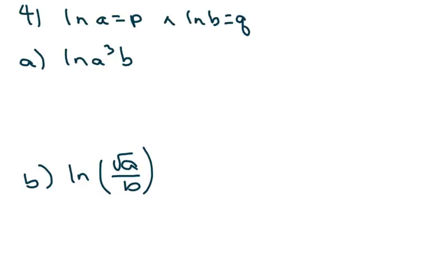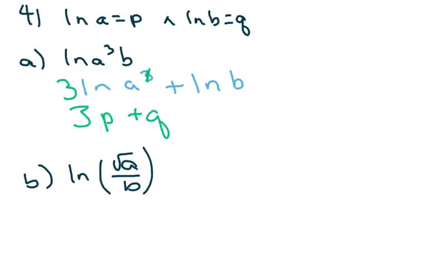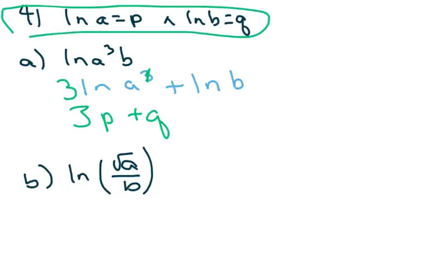All I'm going to do, this is LN problems. I'm going to expand my LNs using the product property. I'm going to use my quotient property here and move this 3 out in front. So I have 3p plus q by substitution. All right, we've already done some of these before, and I'm just going to do all the problems we found